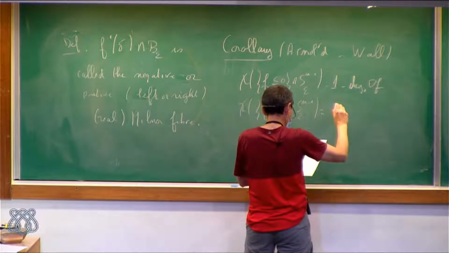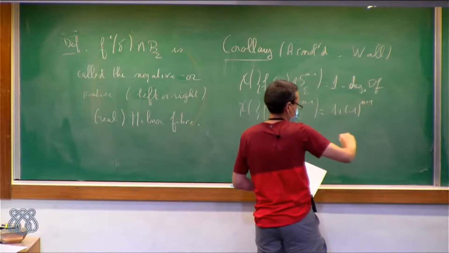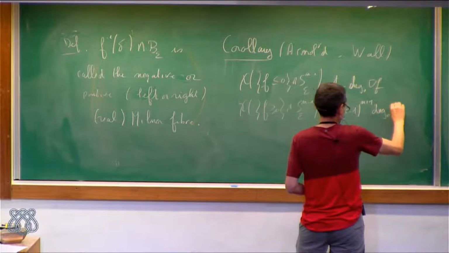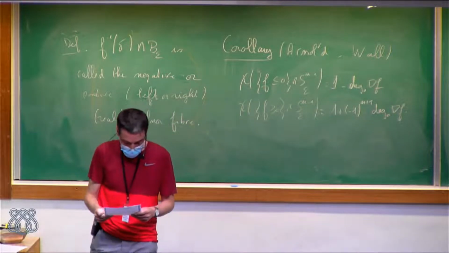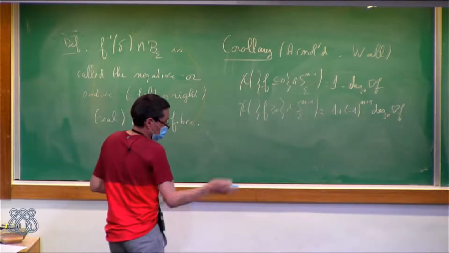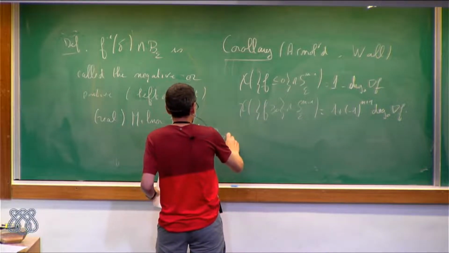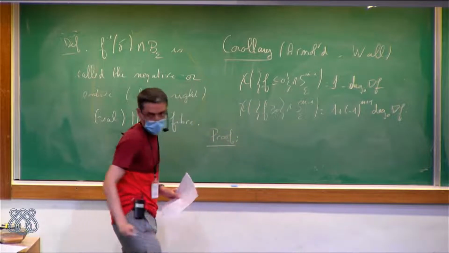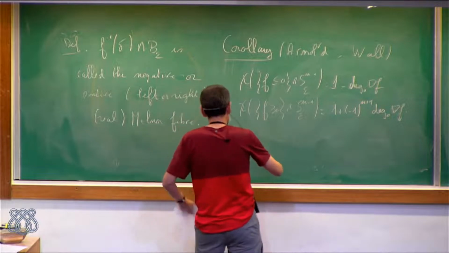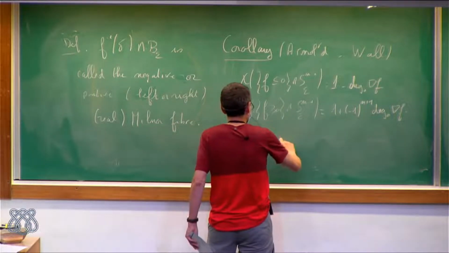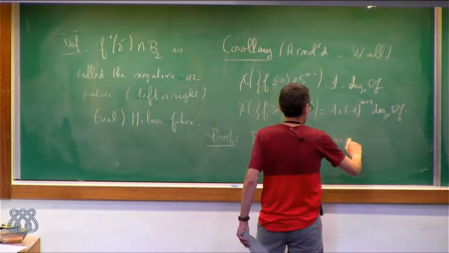It is 1 plus, here there is a (-1) to the n plus 1, the local degree of the gradient of f. So how do we prove that? This is a deformation argument that appears first in Milnor's book. So by a deformation argument due to Milnor,